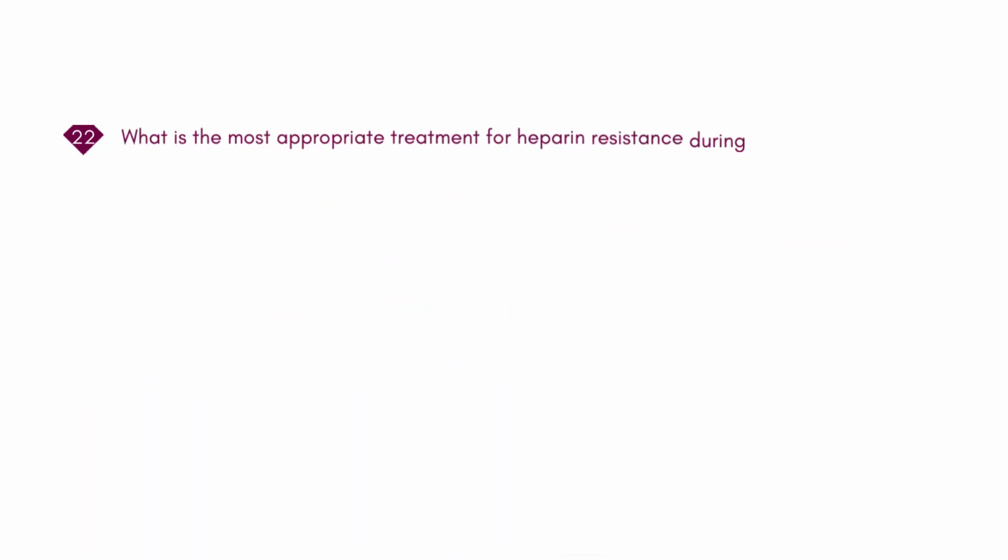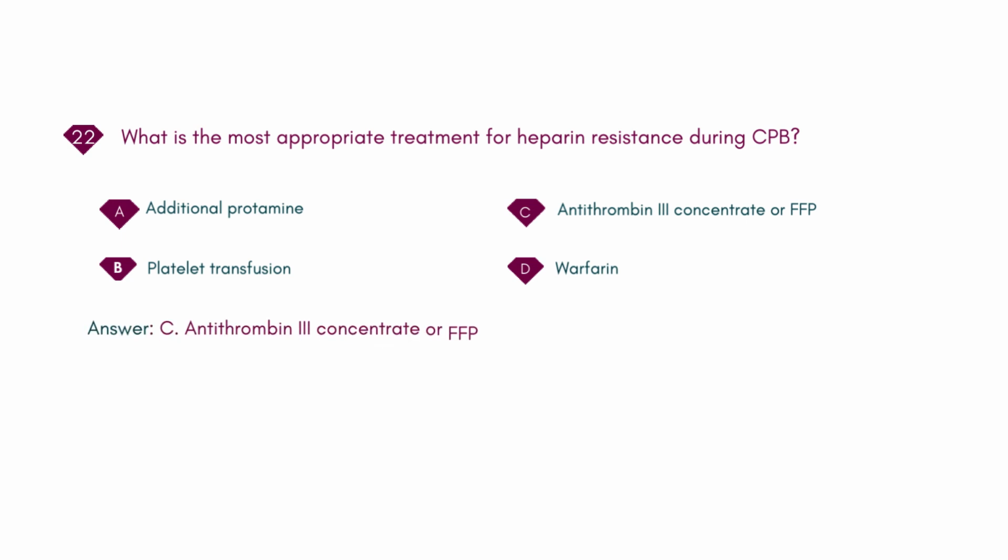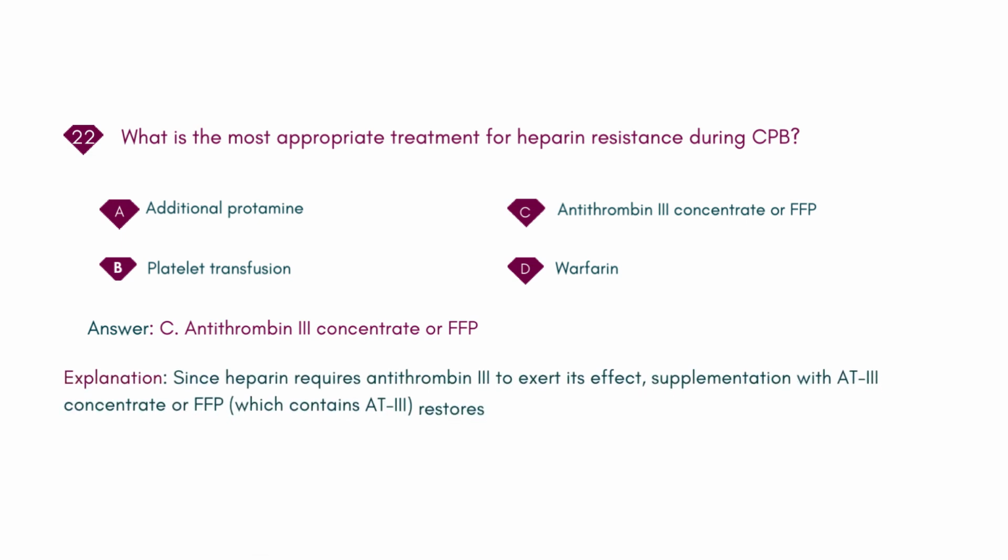What is the most appropriate treatment for heparin resistance during CPB? A. Additional protamine. B. Platelet transfusion. C. Antithrombin 3 concentrate or FFP. D. Warfarin. Answer: C. Antithrombin 3 concentrate or FFP. Explanation: since heparin requires antithrombin 3 to exert its effect, supplementation with AT3 concentrate or FFP, which contains AT3, restores